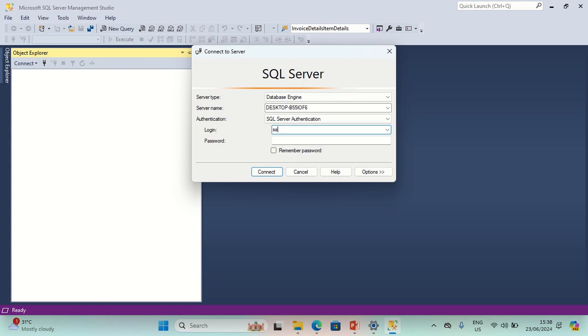And this System Admin is the most powerful user in SQL Server. It controls all the other logins in SQL Server. So this one has a password that you must supply, which I'm not going to mention in the video. If you like, you can click remember password, and then you click